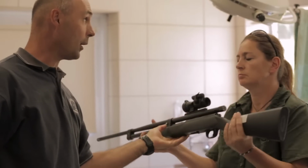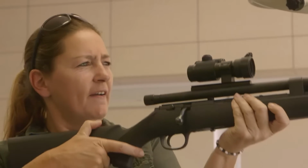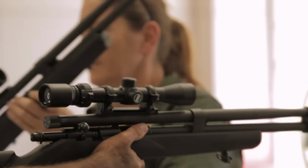Okay, so look through this. Keep both your eyes open. Go point through the window there. Back at Lions Rock, Hildegard is learning how to use a dart rifle so she can administer monthly medication to